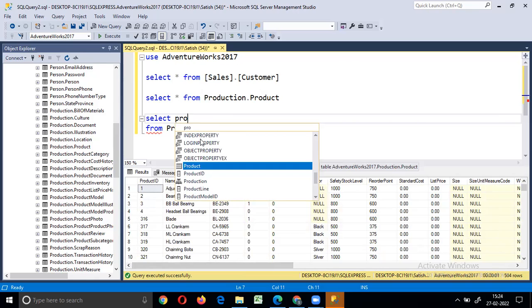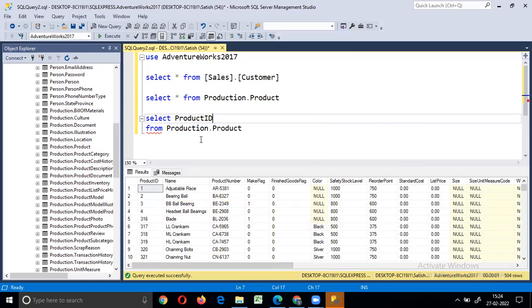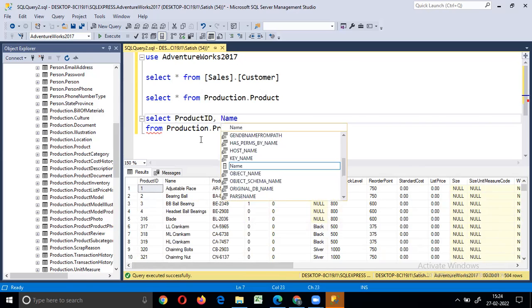See, this is a table. What I have highlighted now is a table. If you see the icon at the left side of that, it is a table, and from that... Now what I have highlighted is a column. I'll be taking that particular column, and name also I'm retrieving from this particular table.